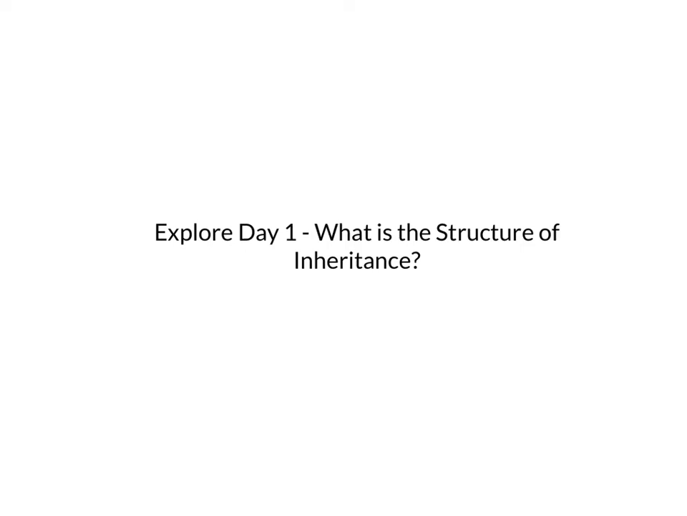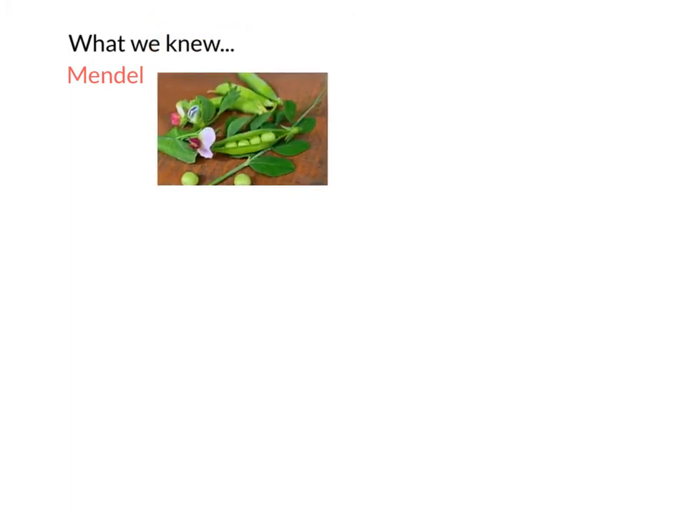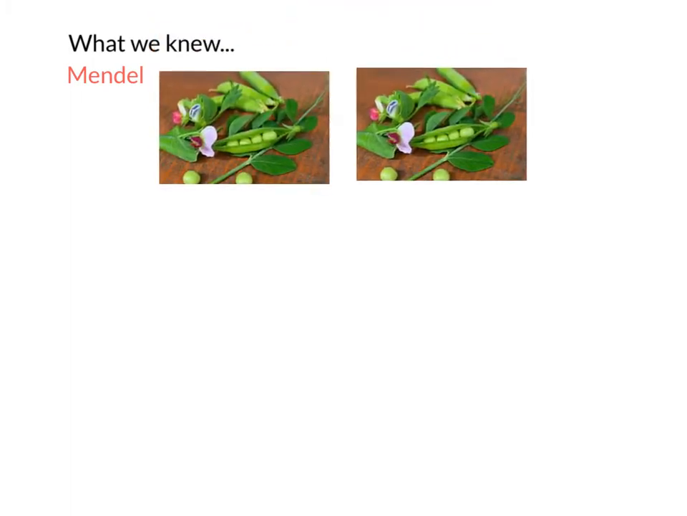In this first Explore activity, we walked through the experiments that led to the discovery of DNA structure. Briefly, this is what we knew so far. Gregor Mendel had done a bunch of experiments on pea plants looking at the basic laws of genetics. He knew that each individual, so we have these two pea plants, each individual contains two alleles for the same